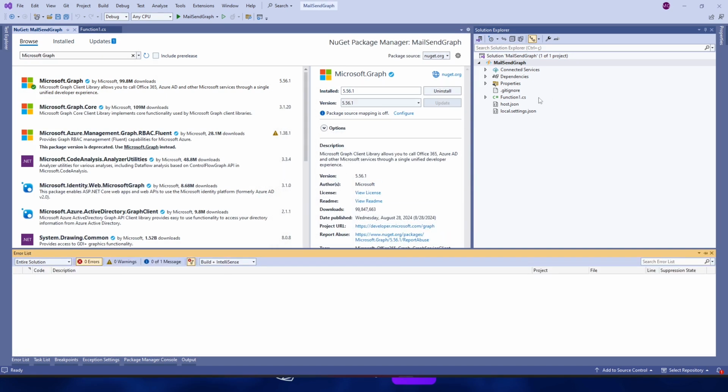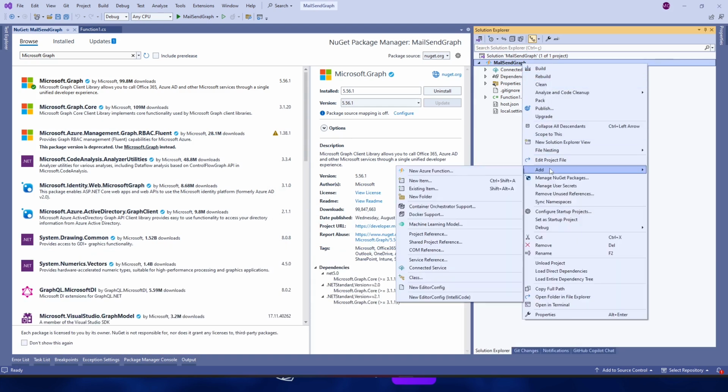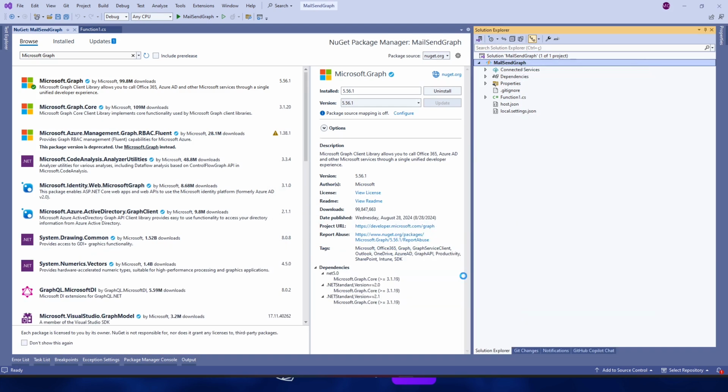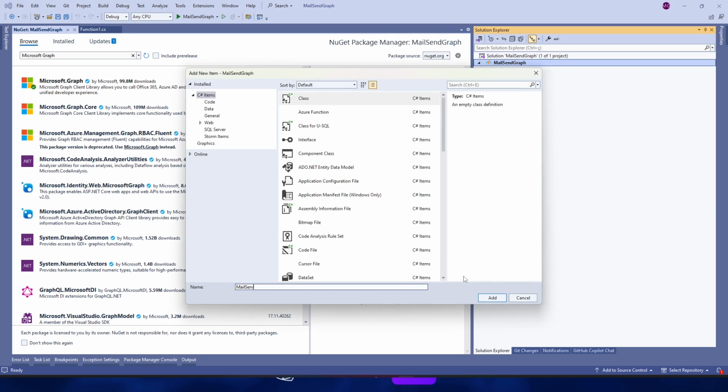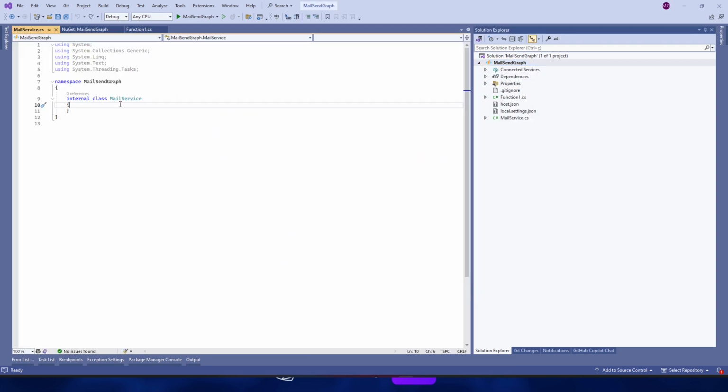Now let's create a MailService class. Mail service. And let's create some constants. Region constant.